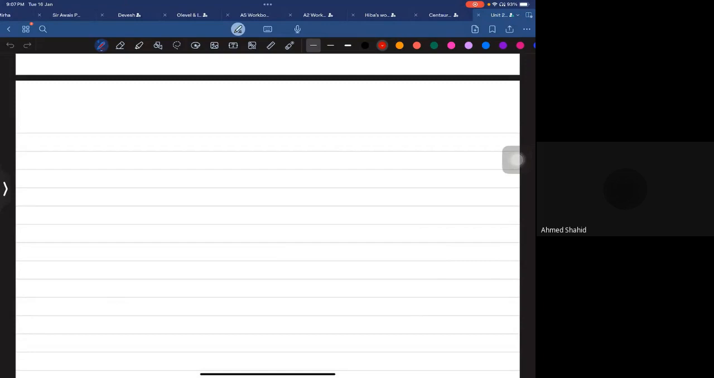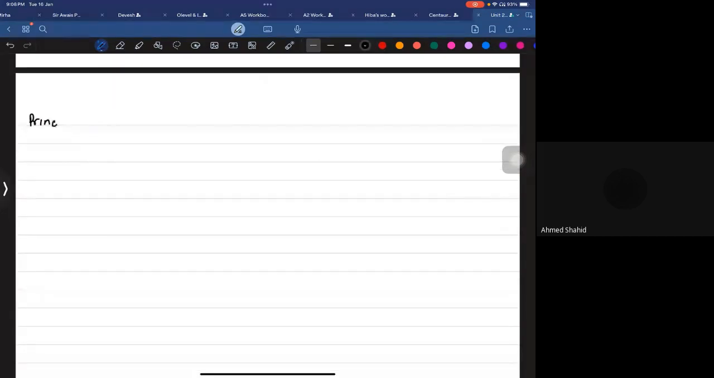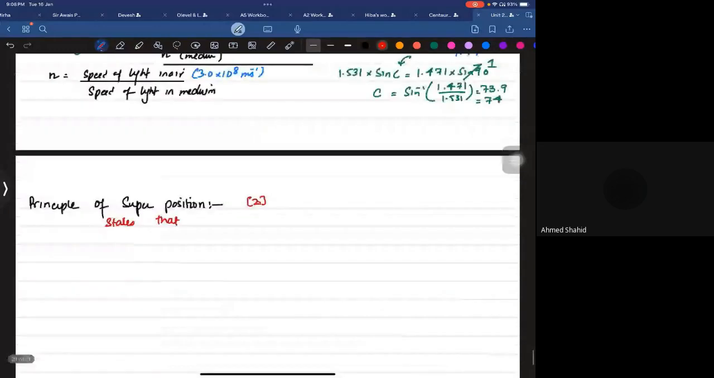Okay. So now, today we'll start with the principle of superposition. For this one, I want to tell you the definition. This superposition state. Now, because it's a 2 mark definition, I'm going to tell you how to write that to get 2 marks. The first part you're going to write it as, when two